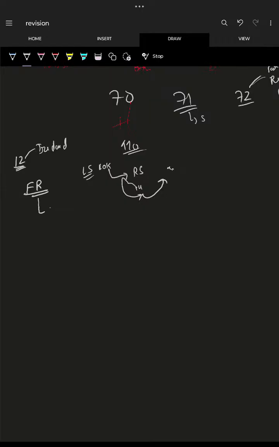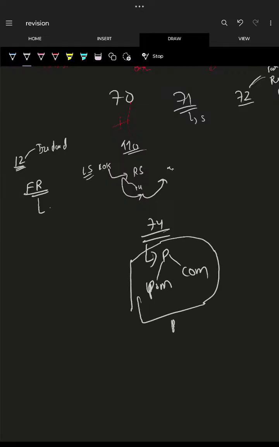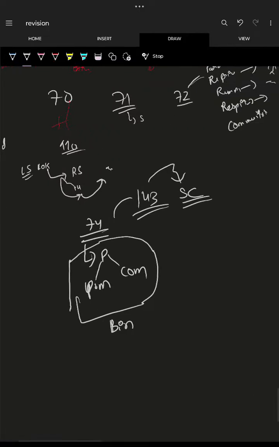Judicial power: advisory from the Supreme Court. He can seek advice from the Supreme Court under Article 143. And there is one more advisory thing on 74. 74 is the advice given to the president by the prime minister and the council of ministers, and this advice is binding. And 143 is where he asks the Supreme Court for advice.